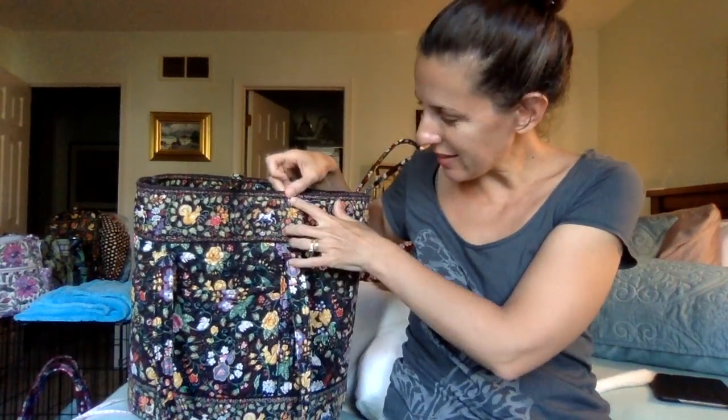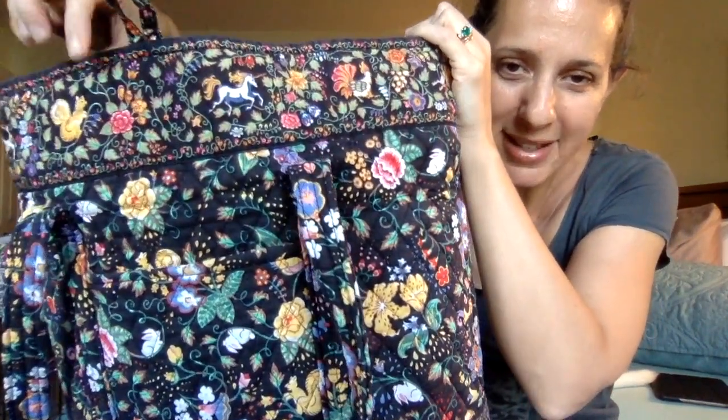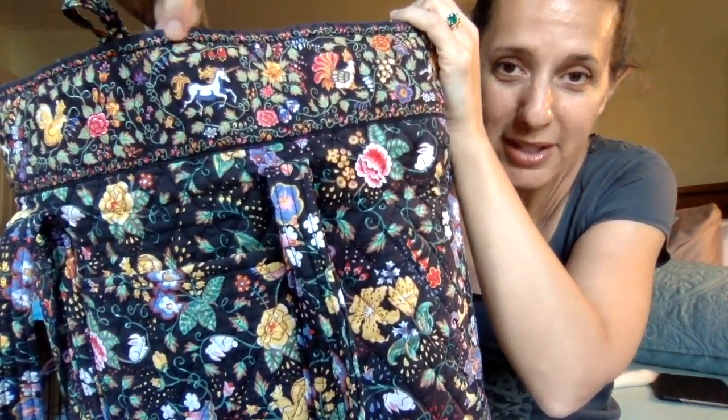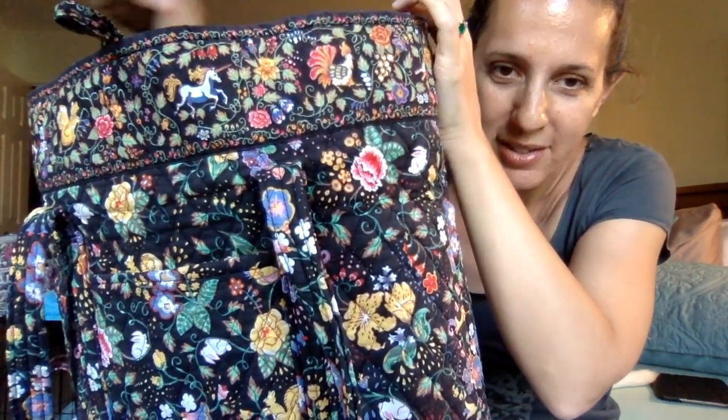But if I had to guess, I would say that this trim is at least 3.5 inches. So that's a really nice wide band of trim. And what's so great about this pattern, I mean, so many great things with this pattern, right? Just look at the rendering throughout. But it's got unicorns in the trim. And there's a rooster there. So I know I've featured this,